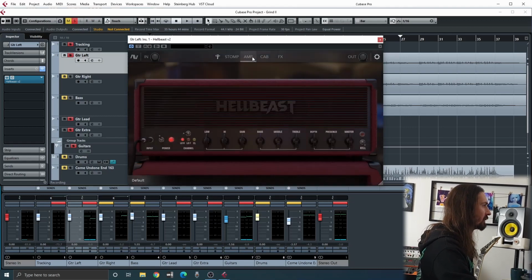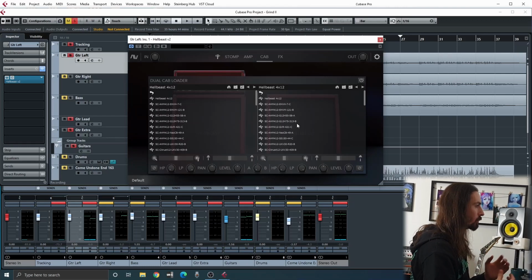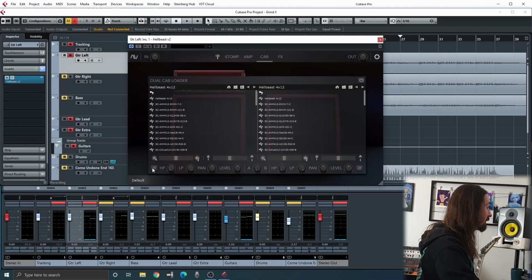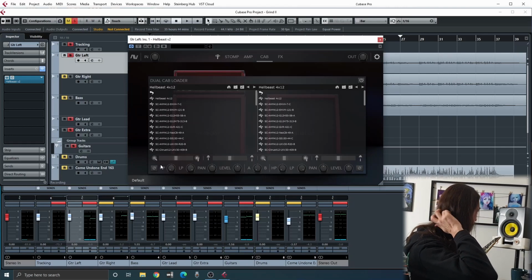Got the amps, got the cabs, and this is very interesting. You can actually blend different cabinets together, which we'll try out in a moment, so I can really show you, if you haven't seen it already, the different types of sounds you can get by splicing things together. Oh, really cool. It's got phase as well. So you can check to see what frequencies are being cut out and what are in phase and which are out of